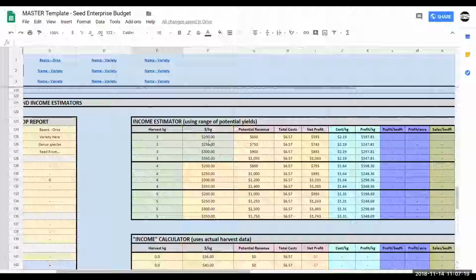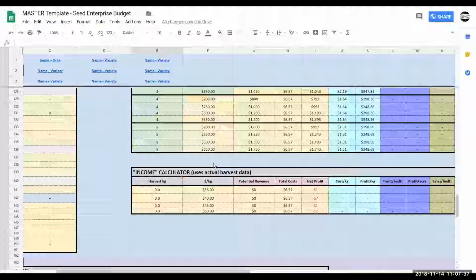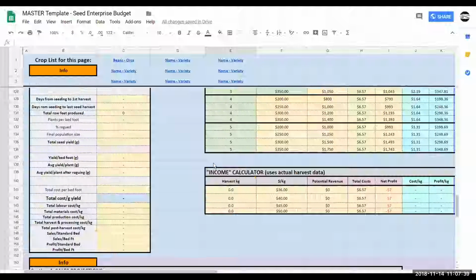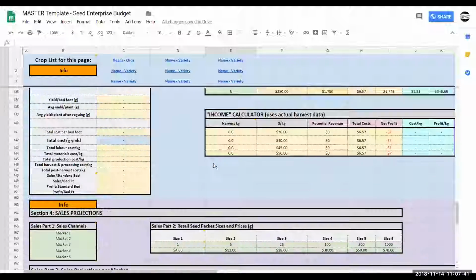And there's a price per kilogram here. This one's based on very small scale crops being sold at a premium. And you can adjust these prices depending on what sort of contracts you've worked out. And what it helps you do is determine, at this contract level, how much seed do I need to grow in order to be profitable? So it breaks things down into a few different ways here. I won't go into too much detail there.